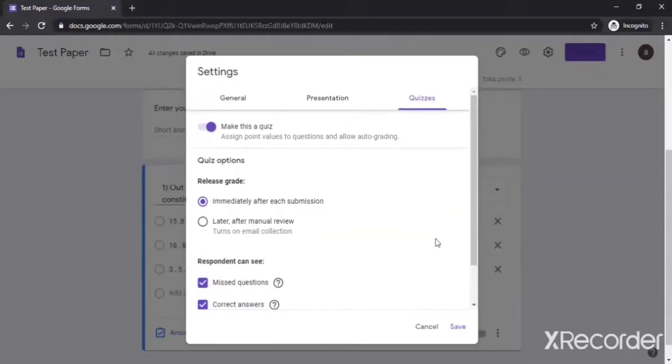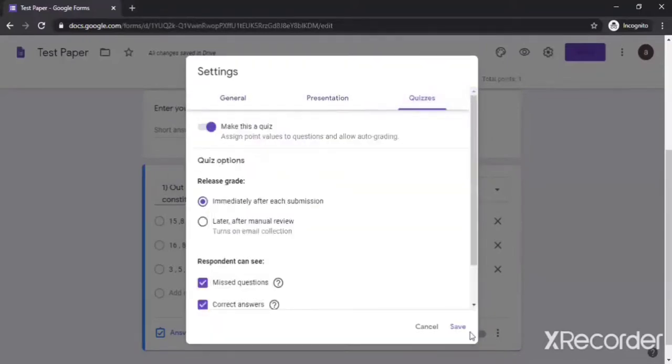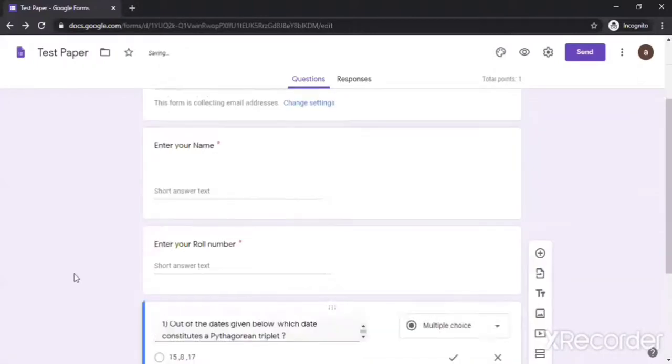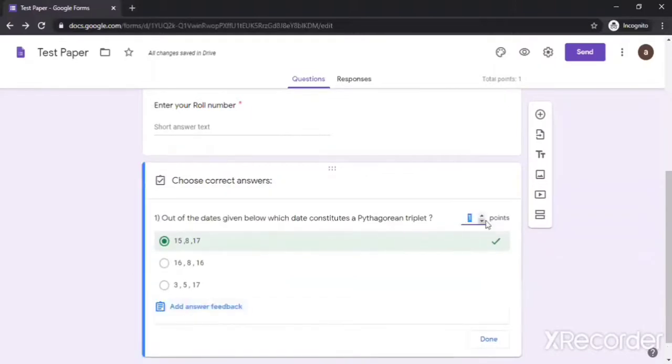Okay, so now all the setting related things are done. So what I will do, I will save it. Okay, so I have saved this now. So as you can see, it is asking me what the answer key is and what the point value is. By default, it is 1, but yeah, it is asking me. So I will click on answer key. I will give a point value, and since I have imported it, it has by default added those data. For example, if you don't add it, you can make it, for example, 2 marks, you can make it 2, or for me, it is a 1 mark question.